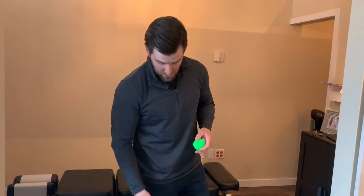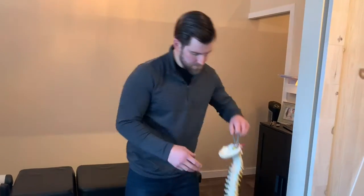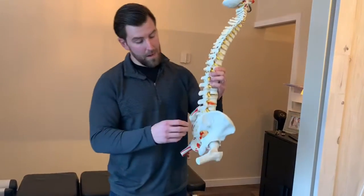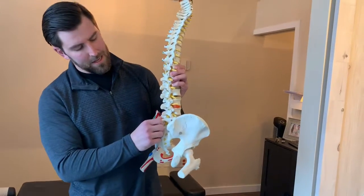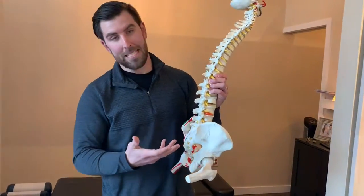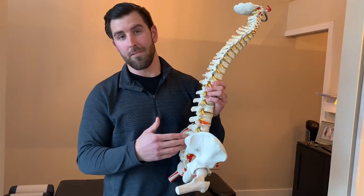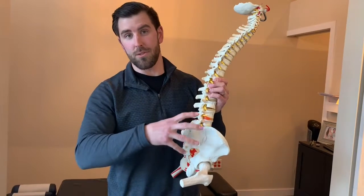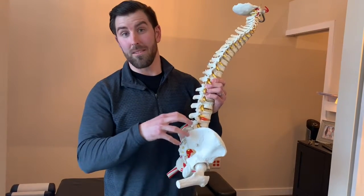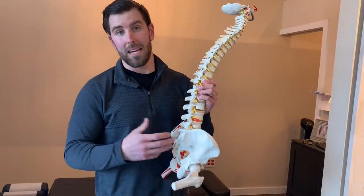So keep in mind, mechanics all the way from your ankle, your knee, your hip are going to be really important. I mean, the last thing that I really want to focus on, and that's what we focus on in the office, is if your spine is stuck and shifted, these spinal joints actually give good information to your brain and all the way down and can really maximize efficiency. So if you're stuck or shifted in your spine, it's always going to be a factor regardless of doing all the soft tissue and the stretches. It's going to be one really important area that you may want to address yourself as well